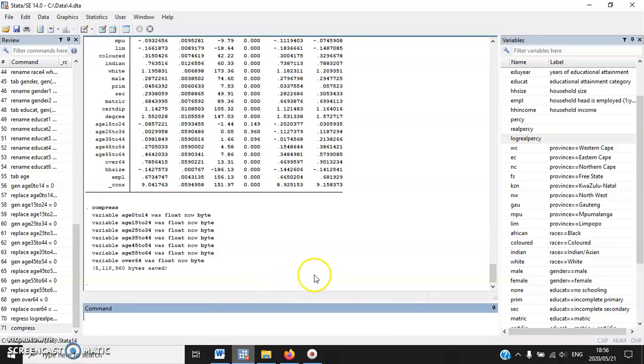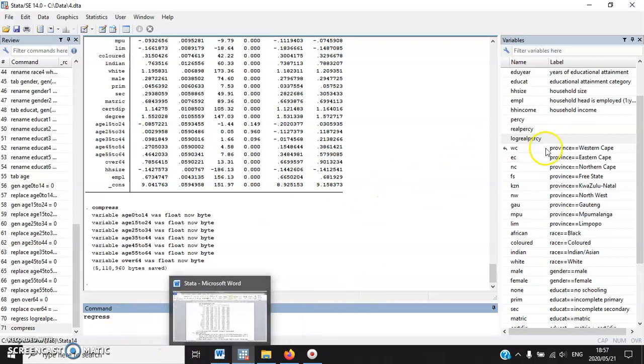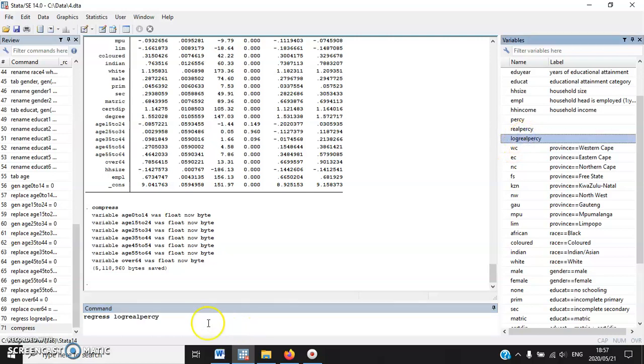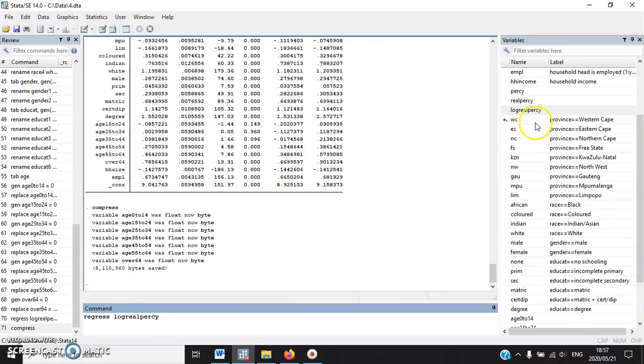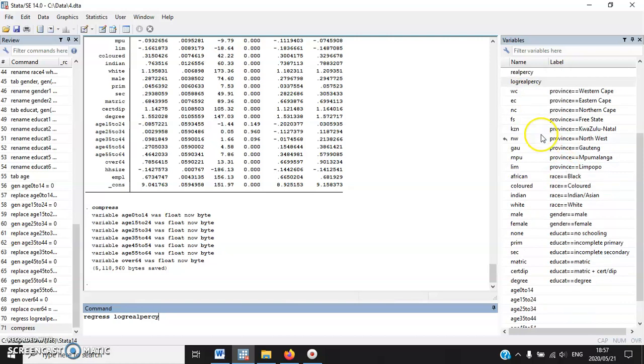Okay, and then I think we can run the regressions. So this is an OLS regression. The keyword is regress, and then space followed by the Y variable, which is log real per capita income, explained by province. We must leave our Western Cape as reference dummy, so I have to include the other 8